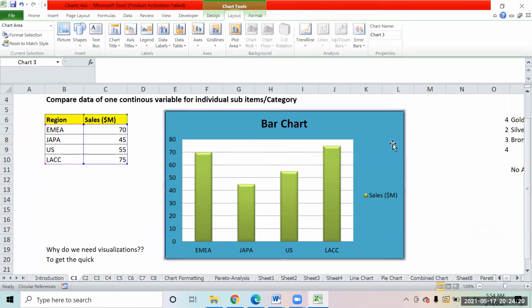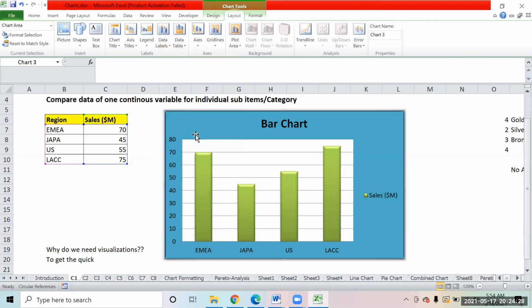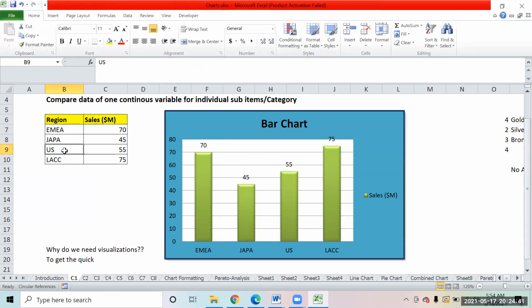You want to give some data labels, right? So if you come in the layout, there's an option of data labels, so you can put the data labels also. Suppose you want to put them on outside end, so you can put these numbers, right? Data labels, what was the sales that happened in all the different regions. And these charts are dynamic. Suppose if you come over here and you change something, like Japan's spelling is wrong, I put an N, you will notice the thing changes right away on the chart.